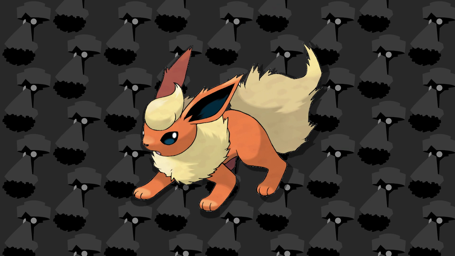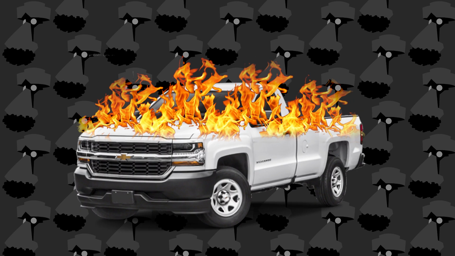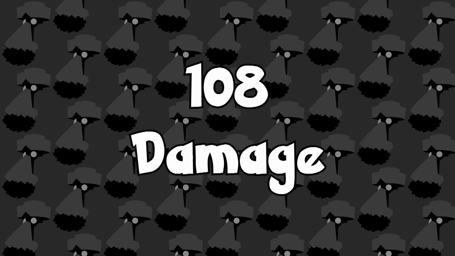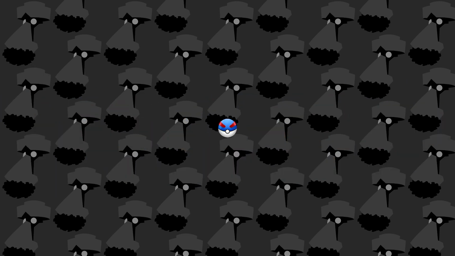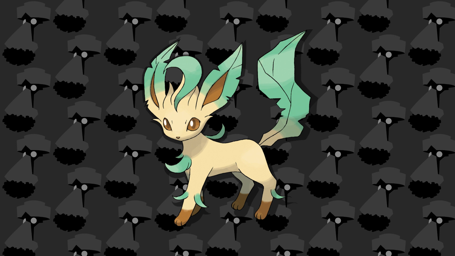In 4th, Flareon, dealing 86 damage with Flare Blitz. He might be slow, but he hits like a truck. A fire truck. The next 2 come neck and neck, dealing 108 damage, so in the end it came down to speed. The recipient of our Great Ball here is, in third, Leafeon, dealing 108 damage on 2 attacks with Leaf Blade,